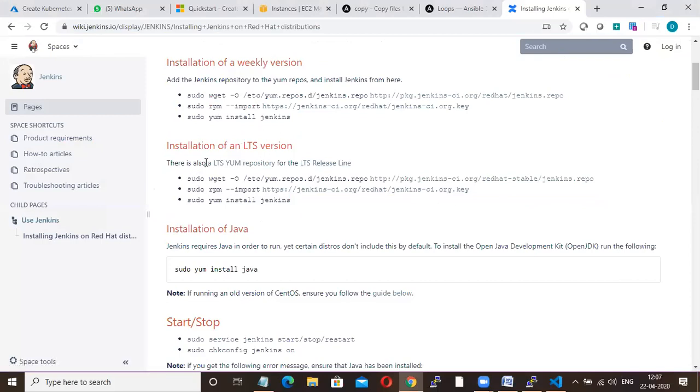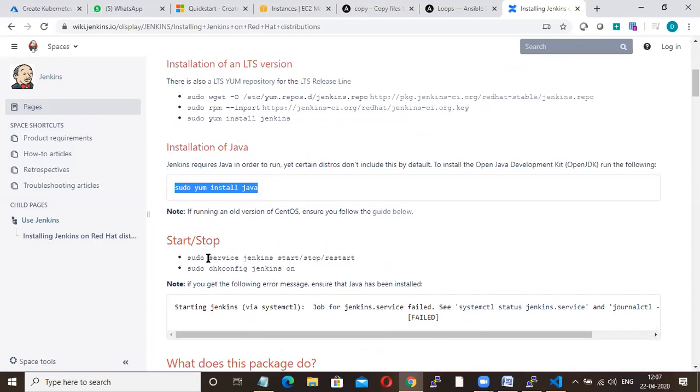First, you have to add the Jenkins yum repo, then import the key, then install Jenkins, then install Java, because to work with Jenkins you need Java, and then start Jenkins.